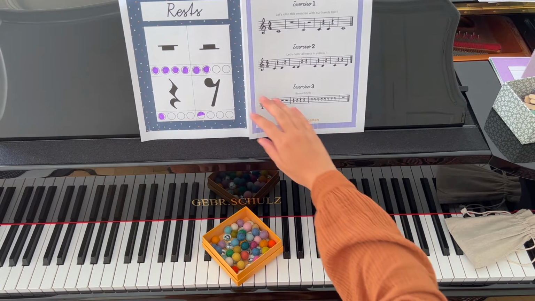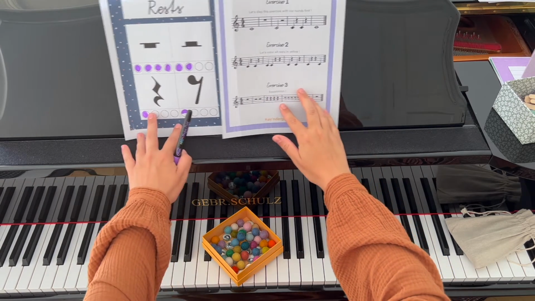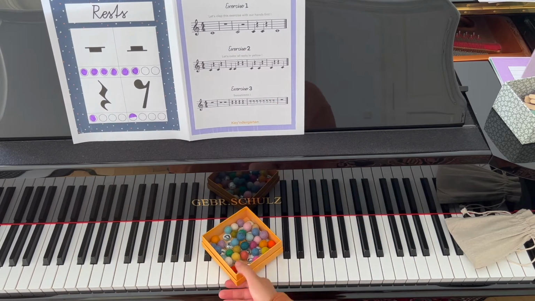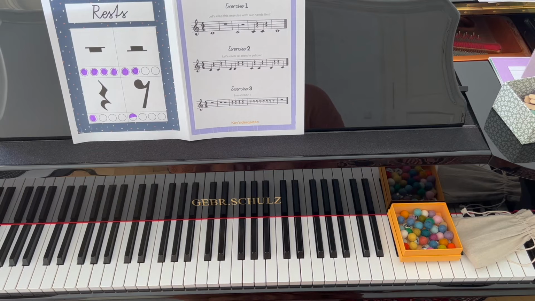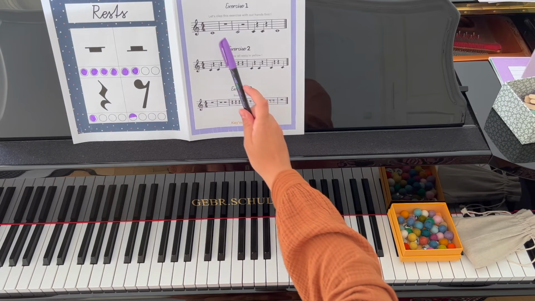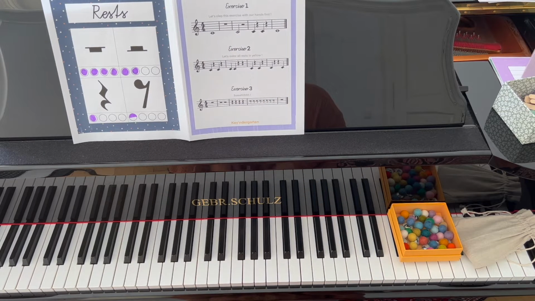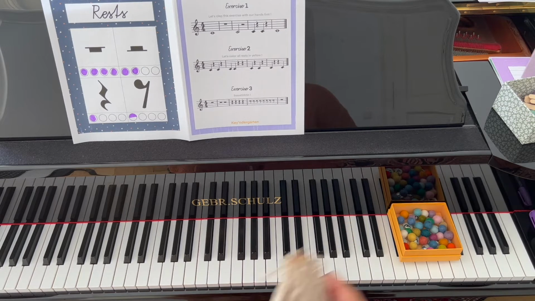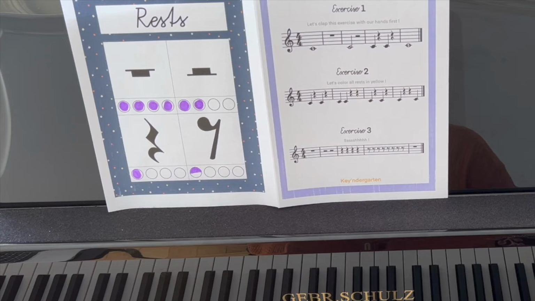All right, let's take a look at our second activity for lesson number 14. We have these 3 exercises here. So yeah, let's take a look at the first one. We have lots of rests on this paper, so the first thing we could do is color all the rests in one color. It says let's color all the rests in yellow here, but I am going to use